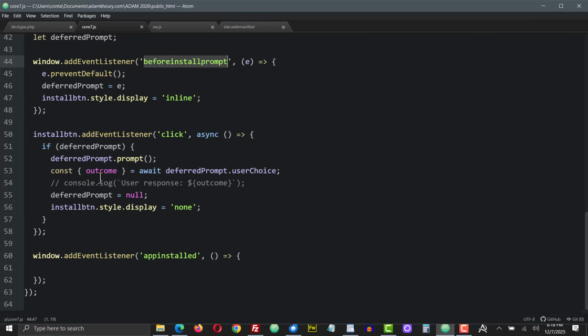Then once the install button is clicked, the prompt for installing is shown and all that, and then the install button is set to none. It goes away after the app is installed. So that's it. That's the basic